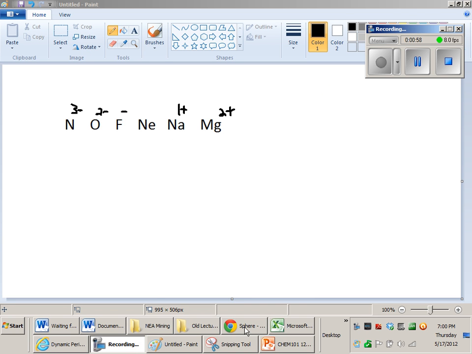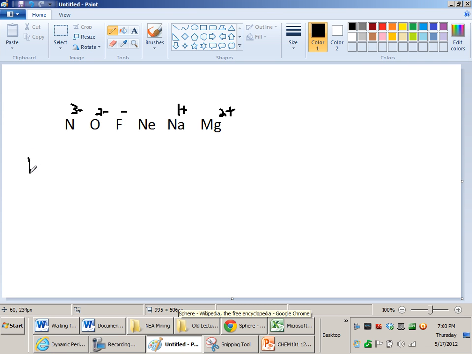Neutral nitrogen has 7 protons and 7 electrons,